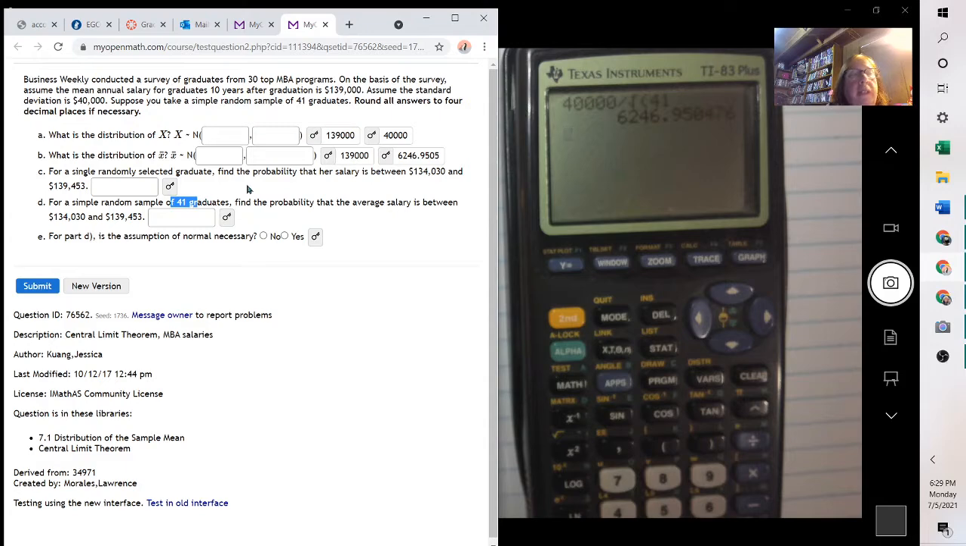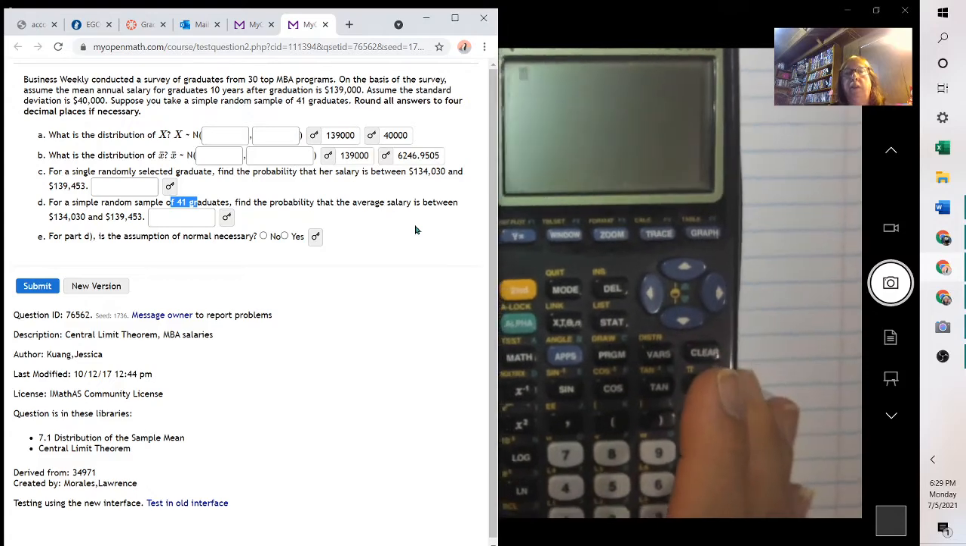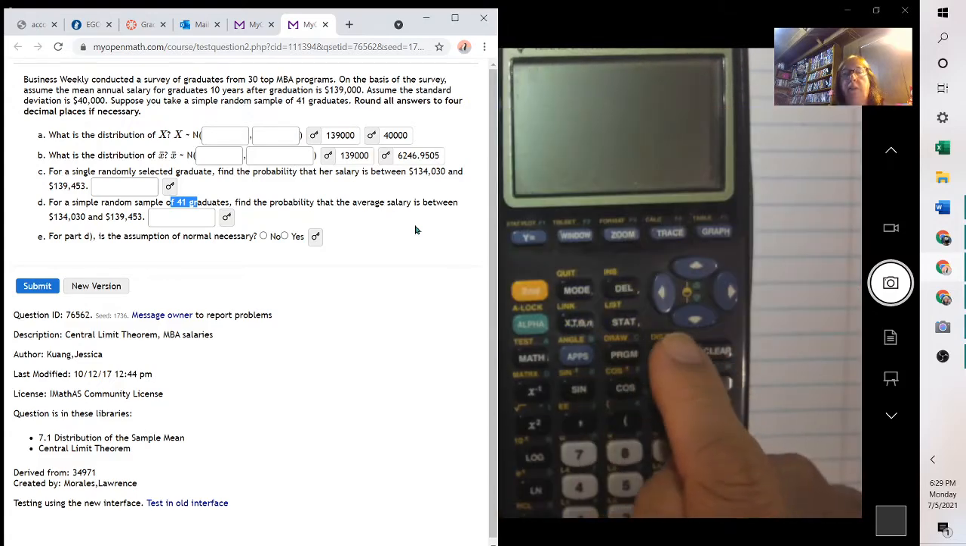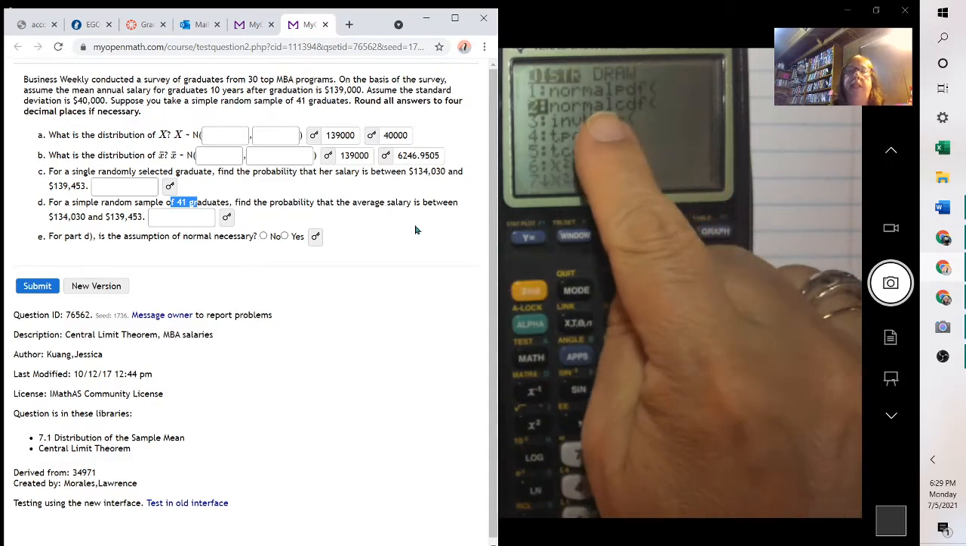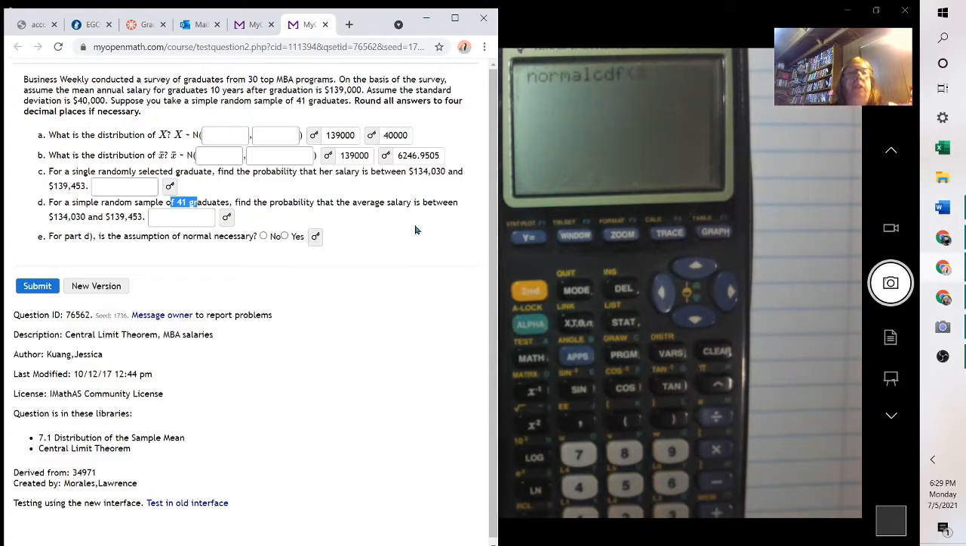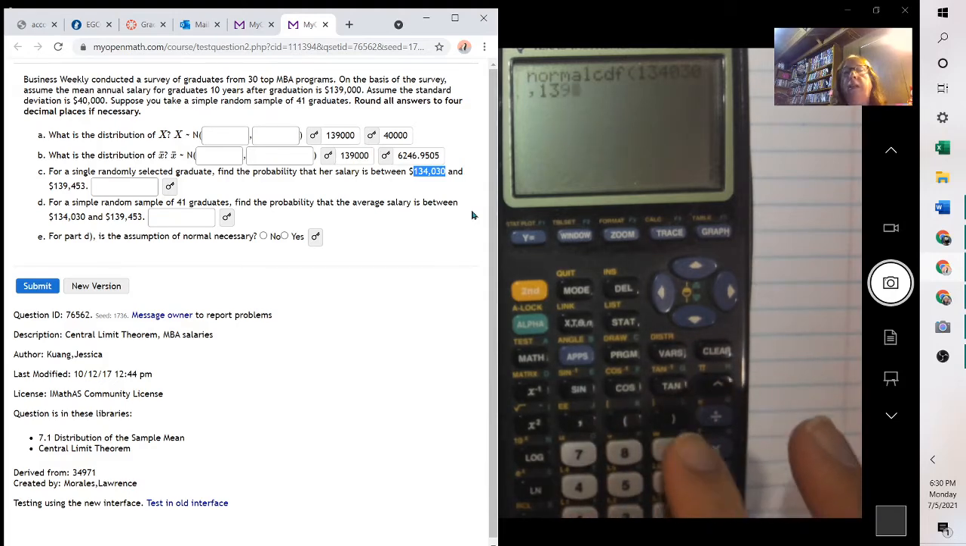And to find the percent between two values, we go to distribution, so second distribution, and we go to the CDF one. Now you put the lower value, because if you put the lower value on the higher value, it will find the percent between. So our low value right here is 134,030, comma, and then you put the higher value, 139,453,